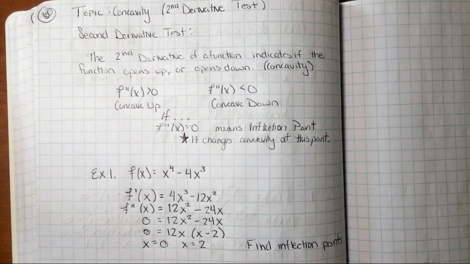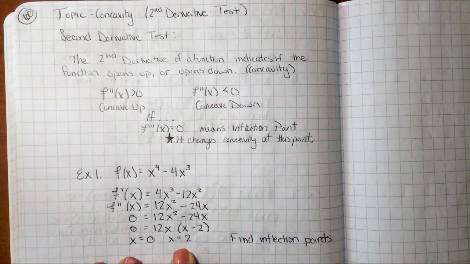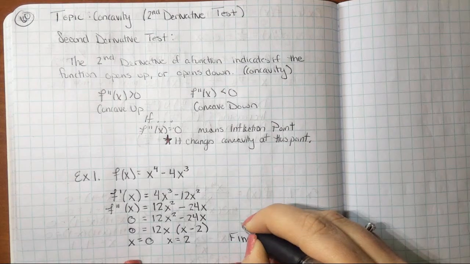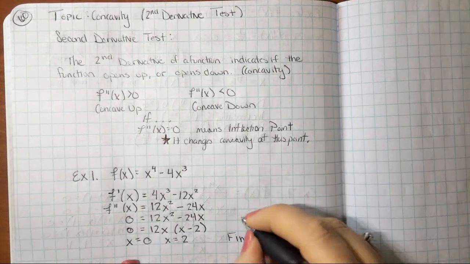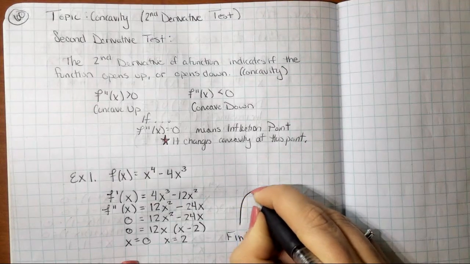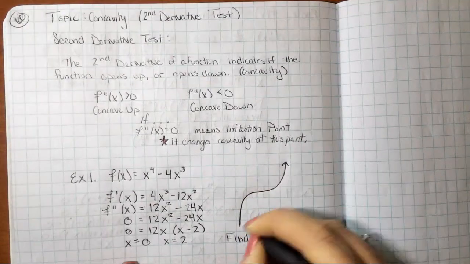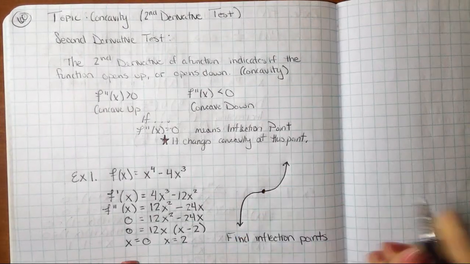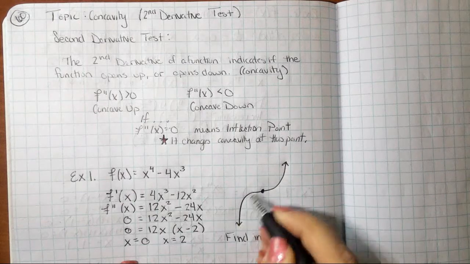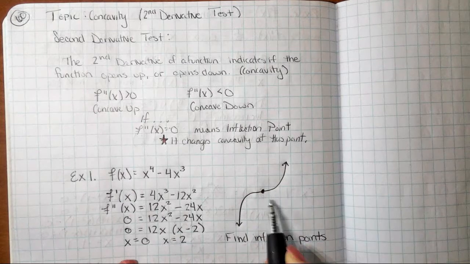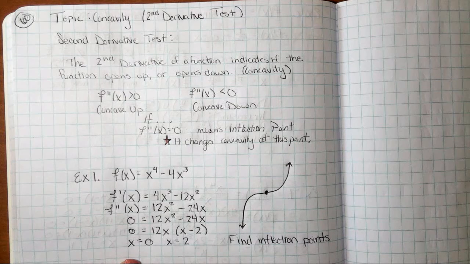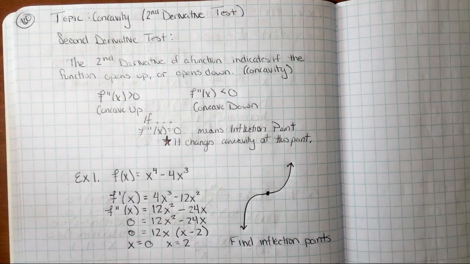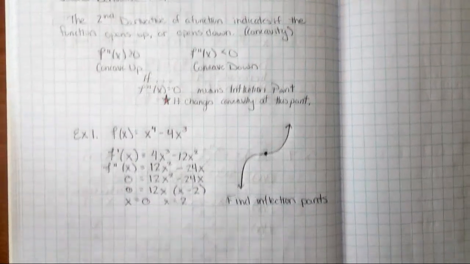Okay? So if you guys don't know what an inflection point is, let's just take, I'm just going to draw a random graph here. This is what I'm talking about. The inflection point just in this random graph is right here. See how it's changing from concave down because it's opening down to something that's opening up. That's an inflection point. Okay? This is what these could be. Okay? All right. So like I said, we're going to go ahead